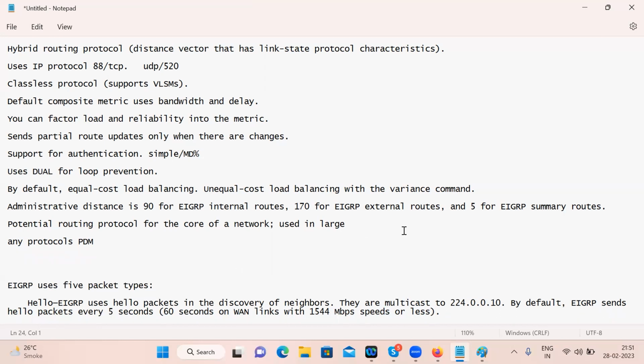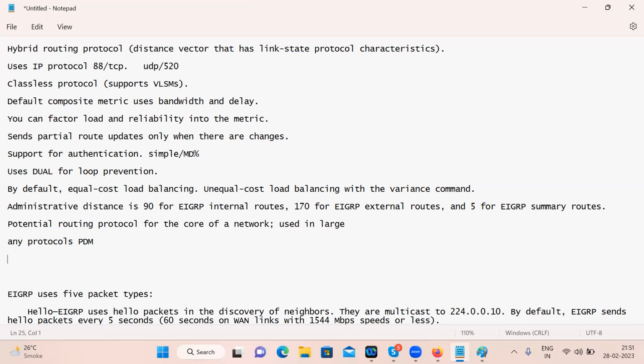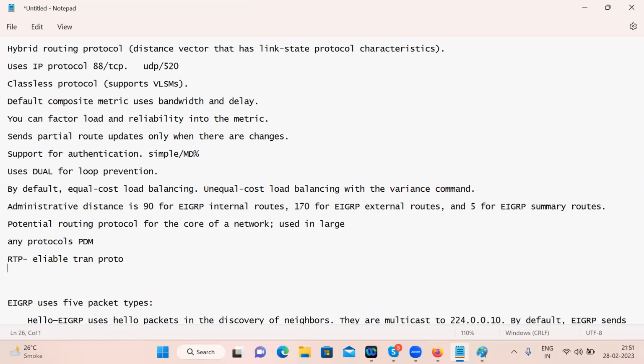Any features of EIGRP? RTP. Did anybody remember about RTP? Reliable Transport Protocol, which guarantees the reliable delivery of each and every EIGRP packet,